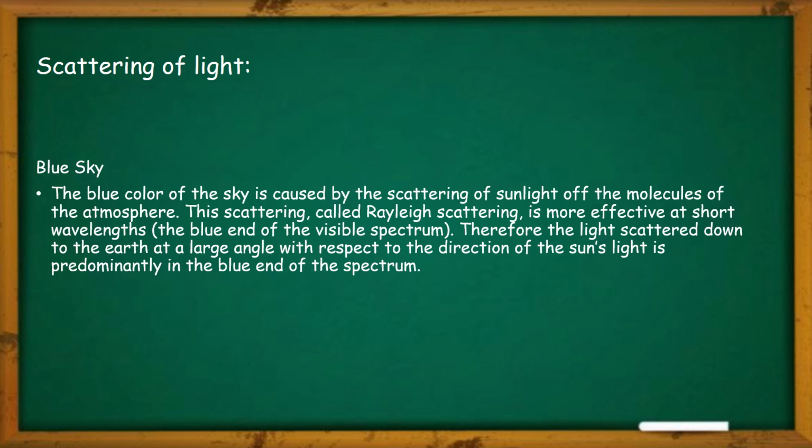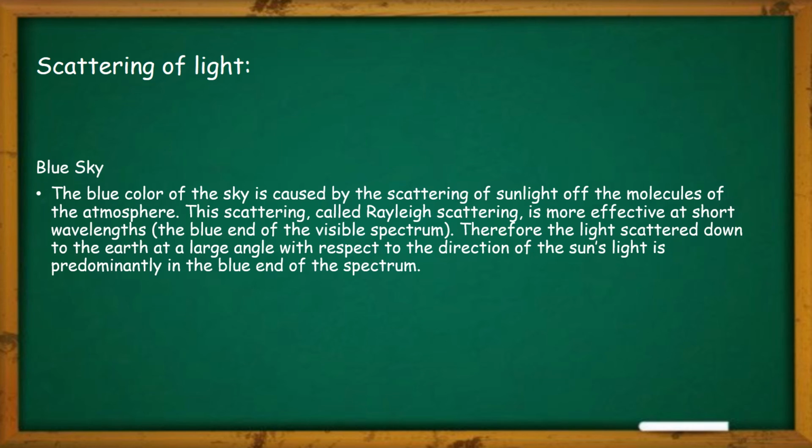Let us know in detail about the blue color of the sky, why it is visible. As I told you, in the Tyndall effect, because the light gets scattered from tiny particles, the path of the light becomes visible. This is why the color of the sky becomes blue. The blue color of the sky is caused by the atmospheric scattering of sunlight particularly. What happens when the sunlight enters the atmosphere? It gets scattered by the particles suspended in our atmosphere. We also call this scattering the Rayleigh scattering.